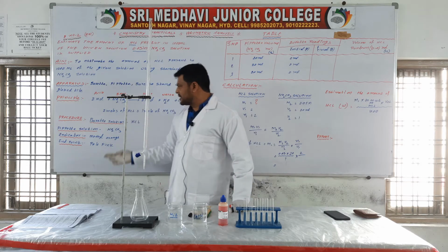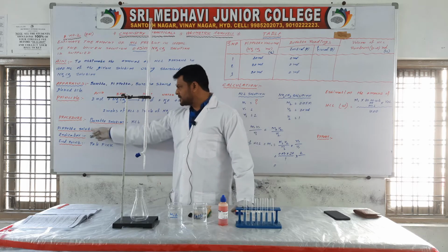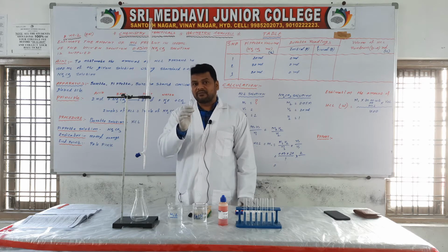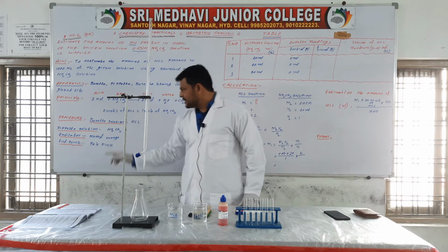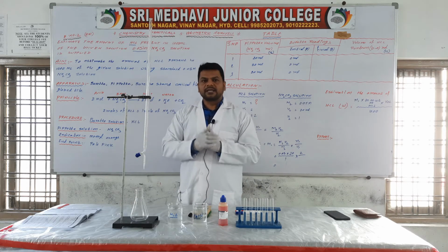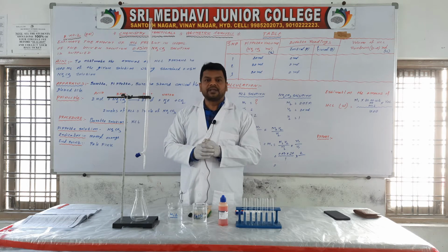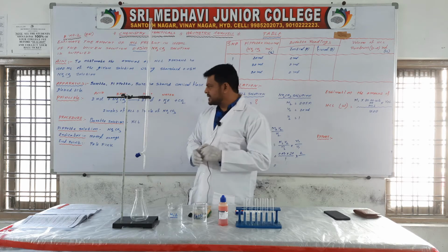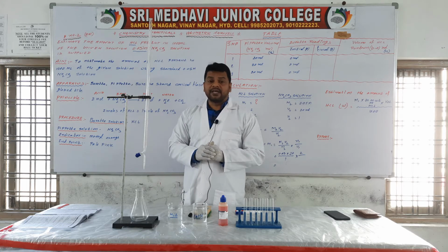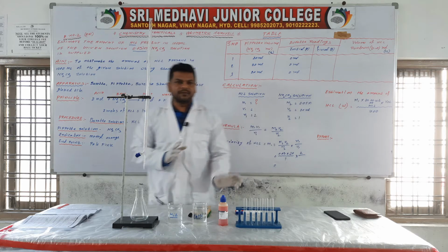Then you have to write the procedure. Burette solution means HCl we have to take in the burette. Next pipette solution, Na2CO3, we have to take 20 ml of Na2CO3 with the help of a pipette into the conical flask. Then indicator, we have to use methyl orange indicator. Why, what is the need of using an indicator? Both are colorless solutions, so to find the end point of the titration, an indicator is used. Next end point. What is the end point of the solution? It is pale pink. In the beginning it will be yellow color.